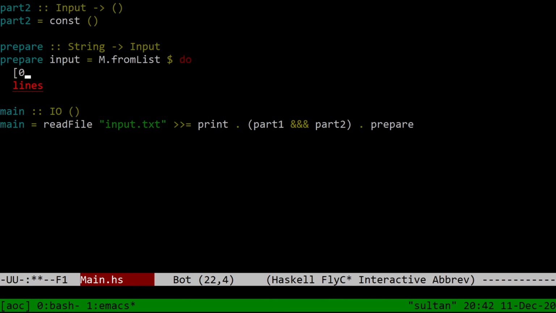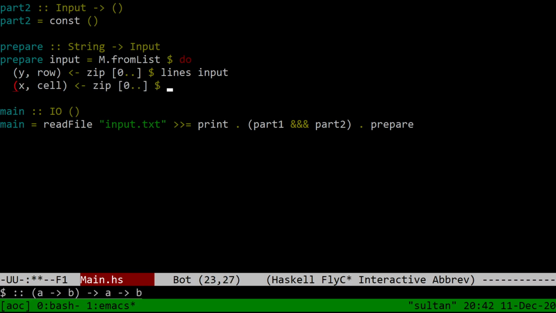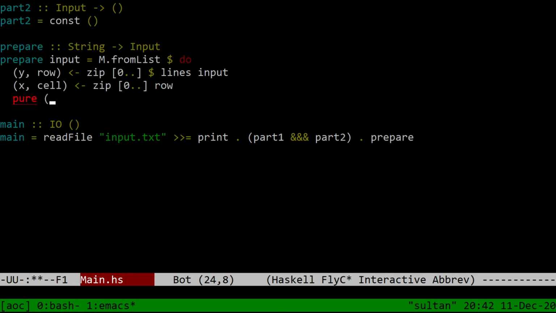So what we want is 0, y and row, zip 0 with lines input, and then x cell will be zip 0 with row, and then we will return pure of y x and